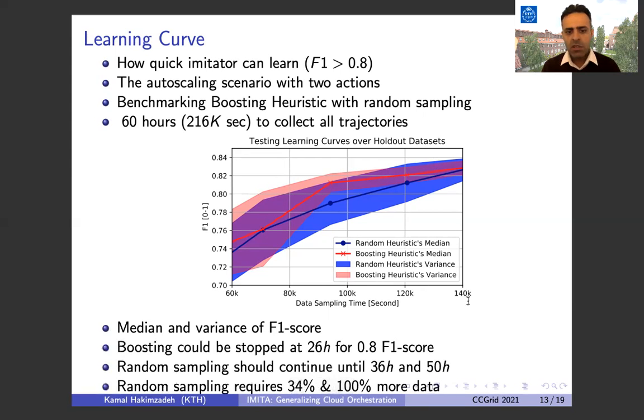As we can see, boosting could be stopped at 26 hours, somewhere in the middle, as soon as it gets higher than 80. And for the same F1 score and the same variance, we should run the random sampling. We can stop only in 36 hours and in the 50th hour. So basically, random sampling requires 34% more data and 100% more data to become as accurate and as robust as